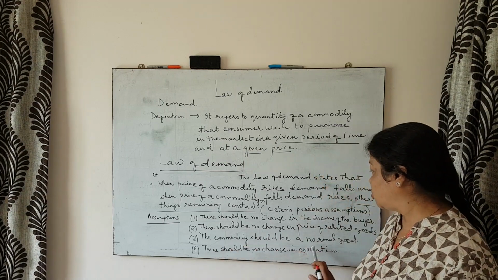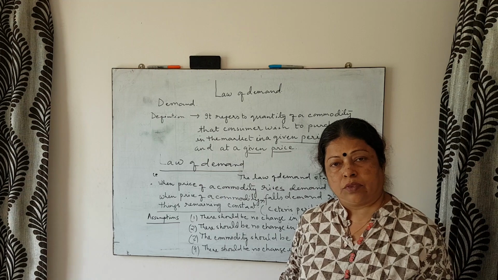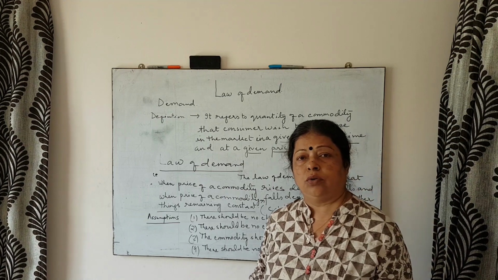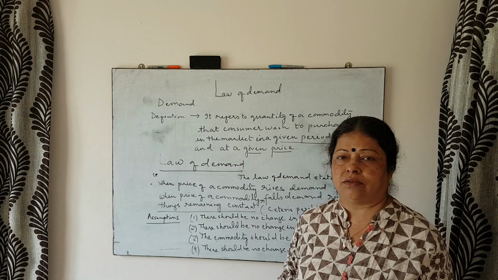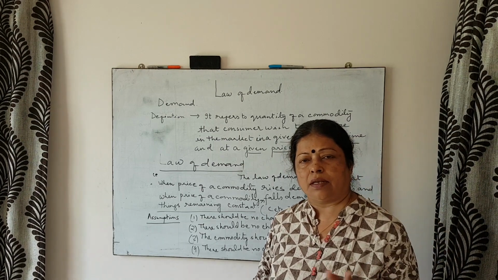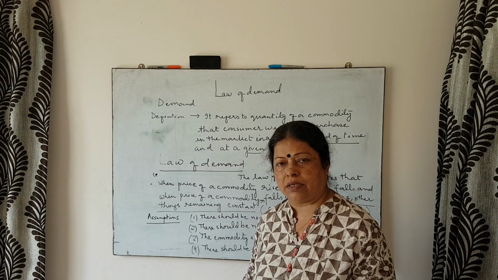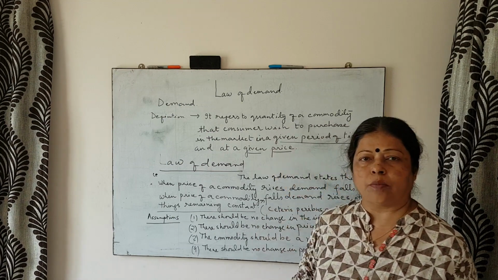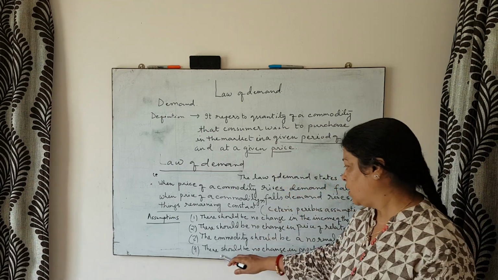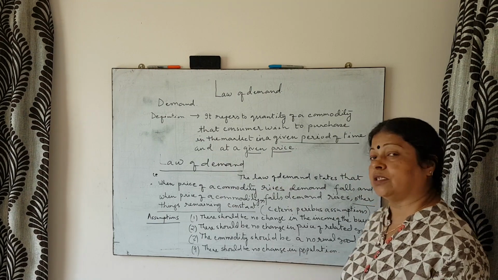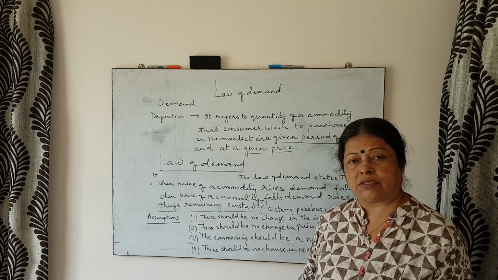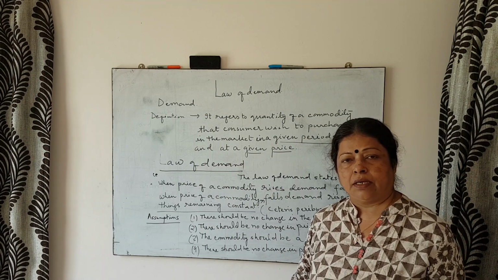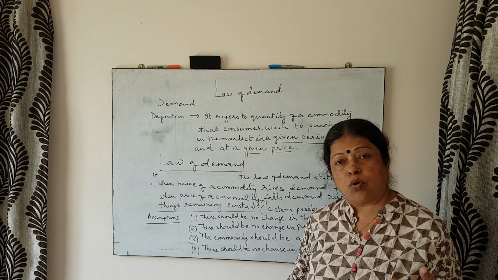Third, the commodity should be a normal good. Normal goods are those goods whose demand rises with rise in income and demand falls with fall in income. Means it should not be an inferior good. There should be no change in population, because if population changes, there is a possibility that people may buy more at a higher